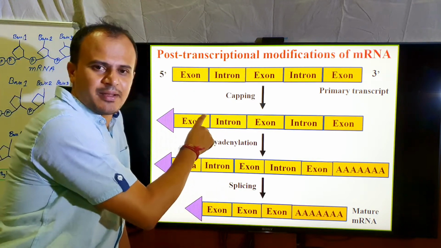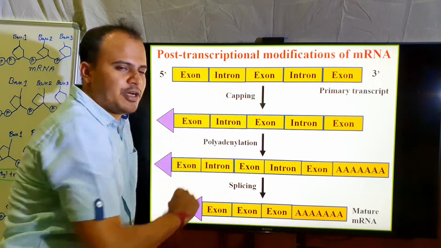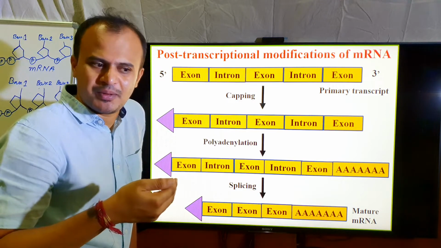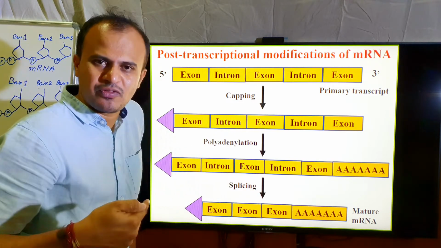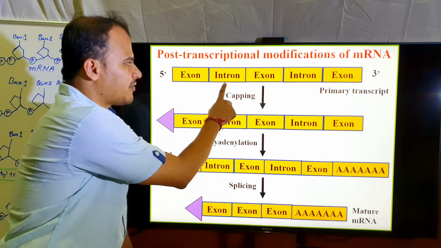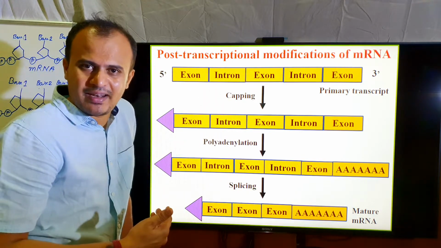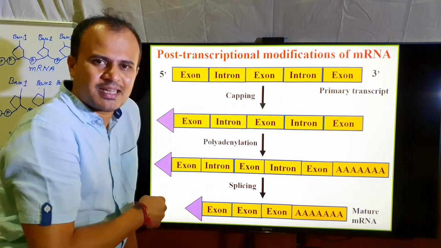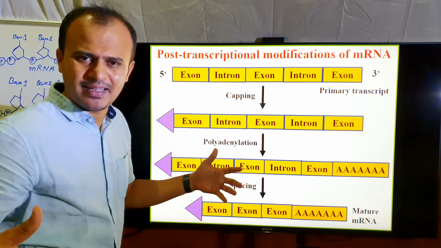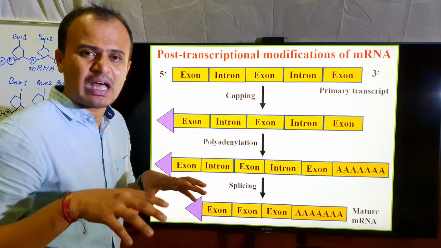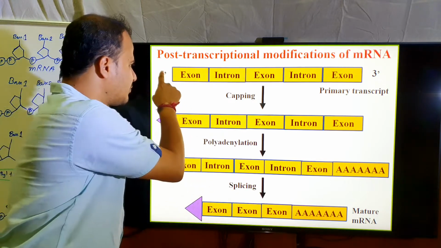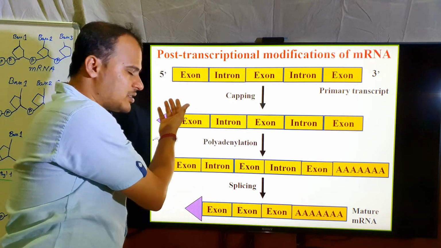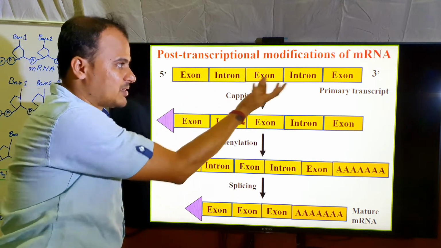In this RNA, it has exons and introns. Exon means it is the coding region that is derived from the gene, so it codes for specific amino acids. Intron is generally referred to as the non-coding part of the RNA. So basically, as I said, the immature or the primary transcript is not precise. It is lengthier. It contains some non-coding sequences as well. And the 5' end and 3' end of the RNA do not have any recognition elements.